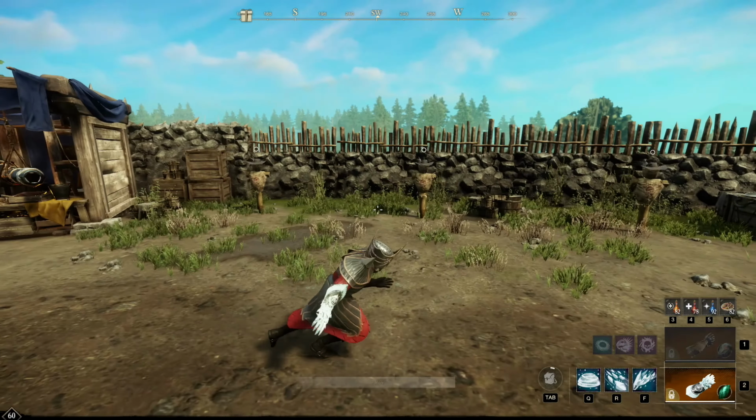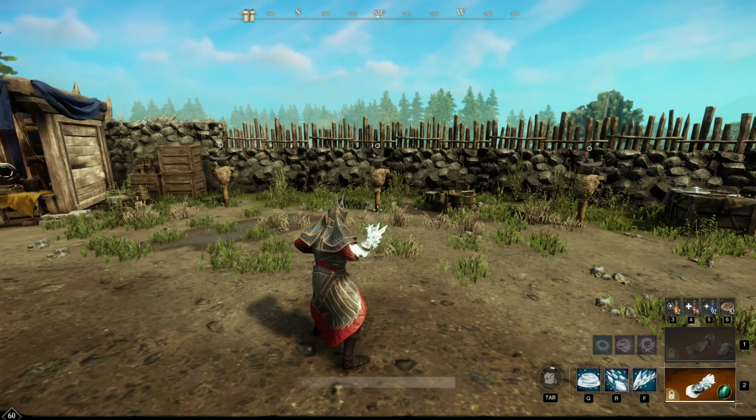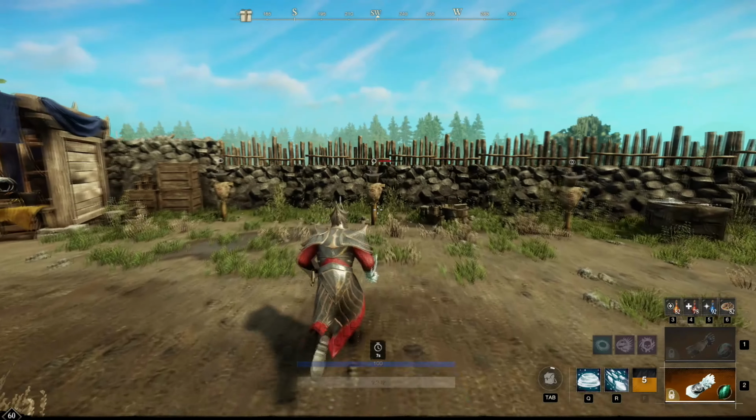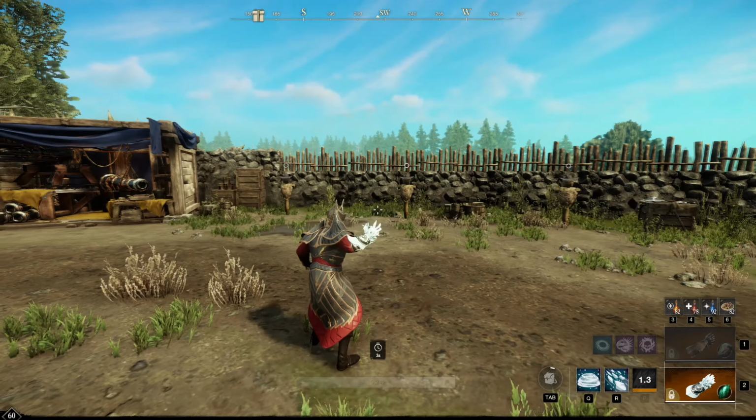So what you want to do is, when using the spell and you see that the player is 1 second away from getting hit, press the right mouse button and this will detonate the spike, which will deal very high damage. So as far as your ability combinations go for the ice gauntlet when farming mobs or even players,